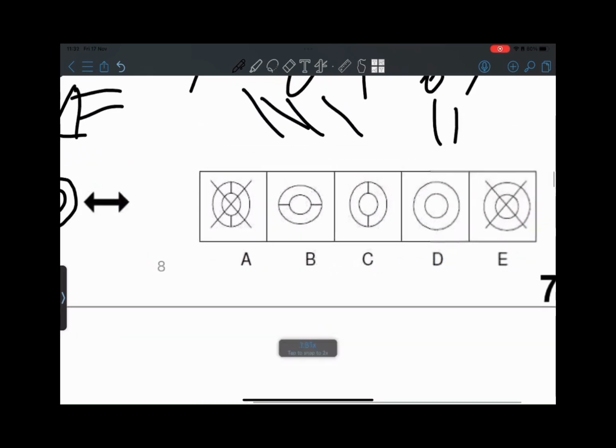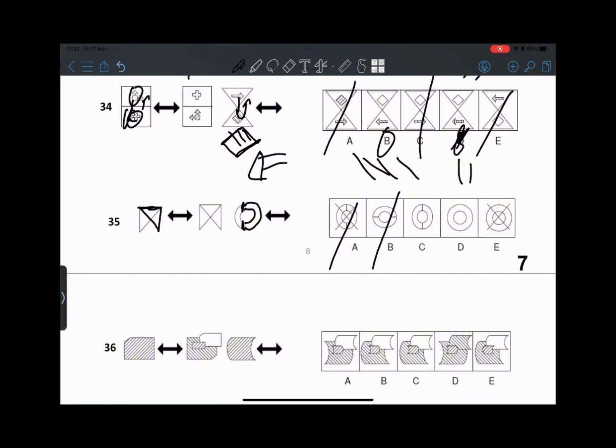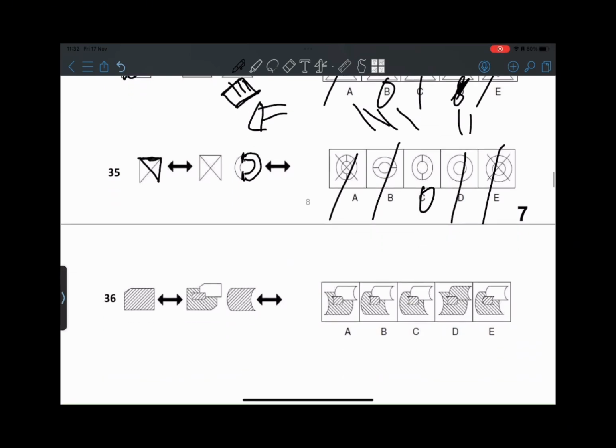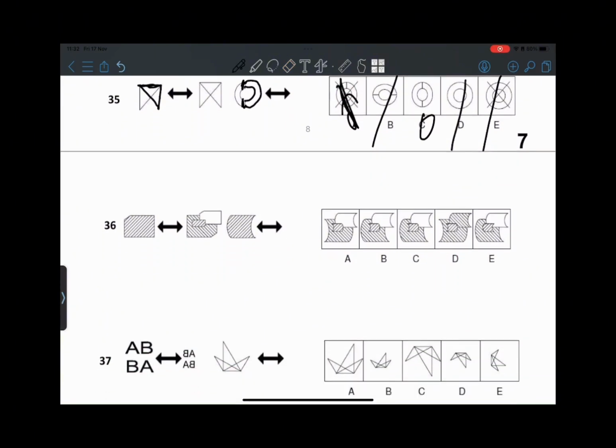So let's see. Can't be B, can't be A, can't be E. Yeah, we'll have to see. I don't know what these crosses are, so that's the main reason why I cancelled them out. Okay, so